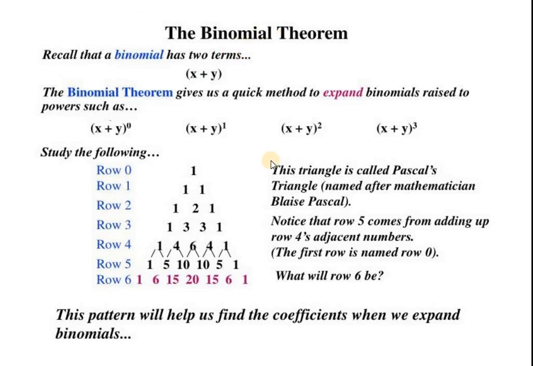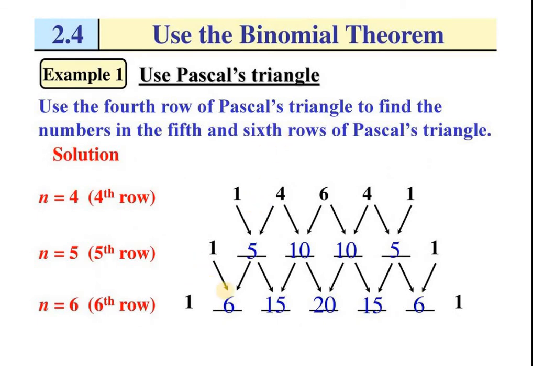ये तो हमने अभी पढ़ा। नेक्स्ट स्लाइड में हम जाते हैं। यूज द 4th रो, ये क्या है 4th रो, दिस इज 4th रो। This is 4th row. Use the 4th row of PASCAL triangle to find the numbers in the 5th and 6th row of PASCAL triangle. ये 4th है, इसी 4th की मदद से 5th row और 6th row मुकम्मल करें।